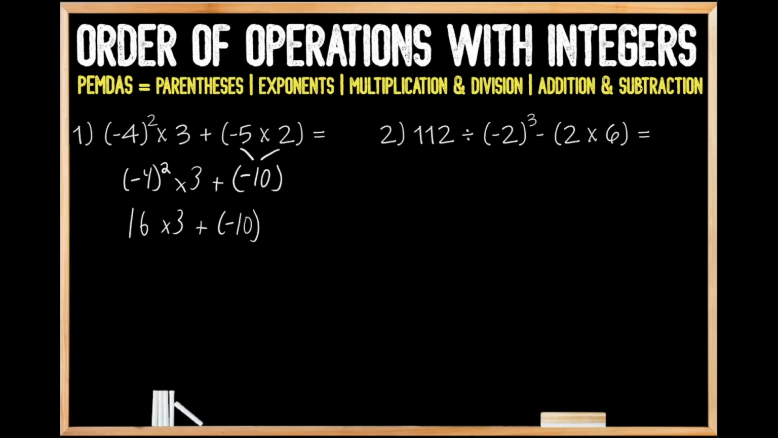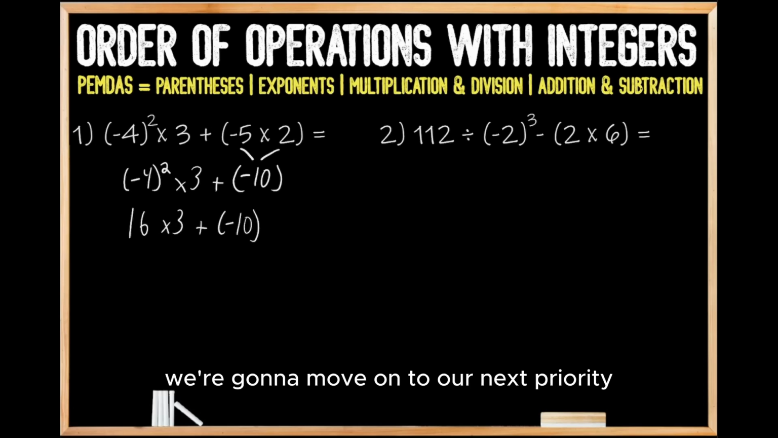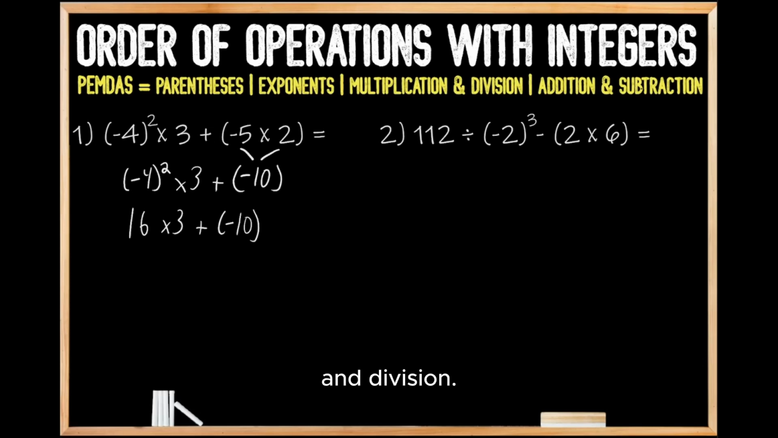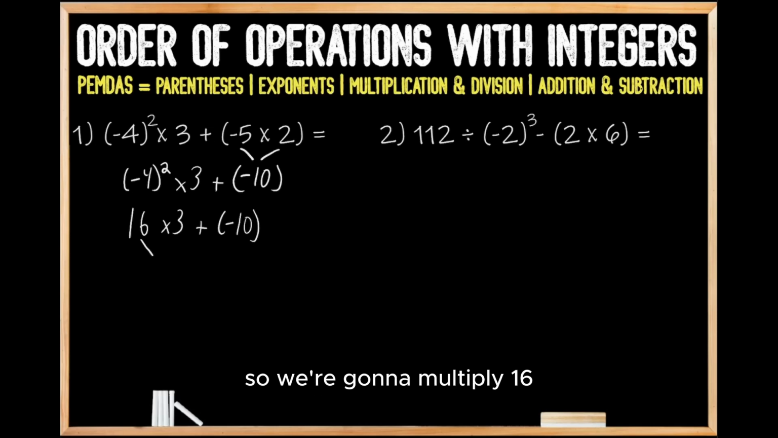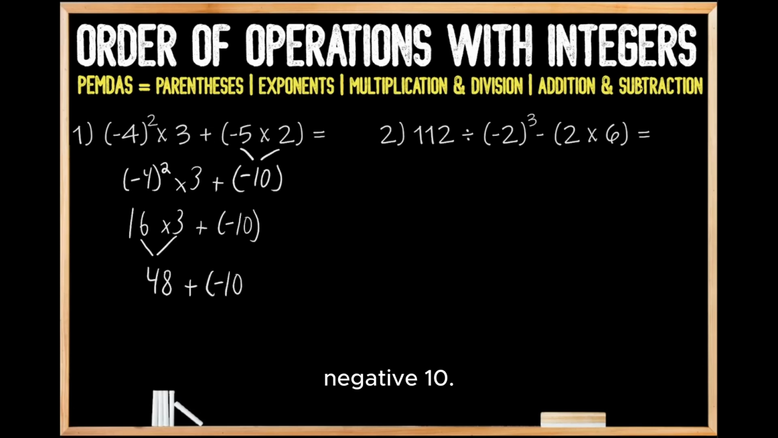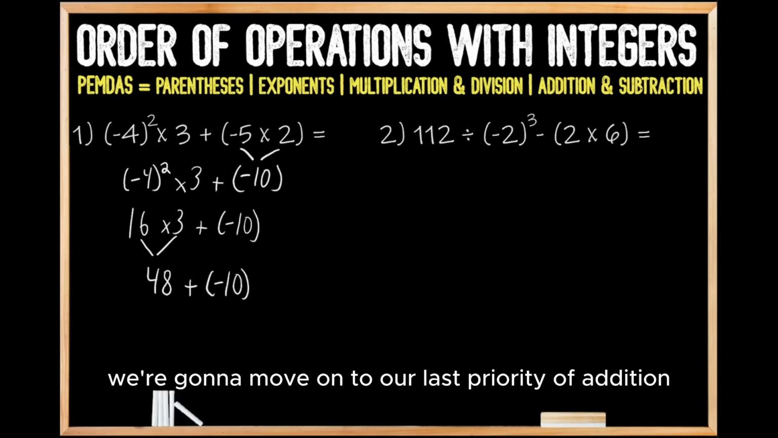Now, since we don't have any more exponents, we're going to move on to our next priority of multiplication and division. And we can see here that we do have some multiplication. So we're going to multiply 16 times 3, which we know gives us 48. So we're going to write the 48, and then we're going to bring down the rest of this problem. So we have plus -10. Since we don't have any more multiplication or division, we're going to move on to our last priority of